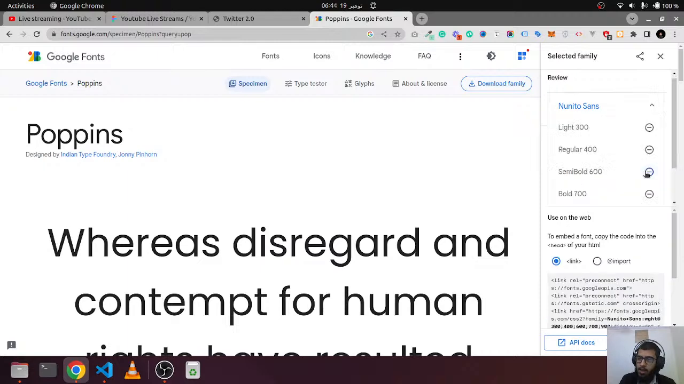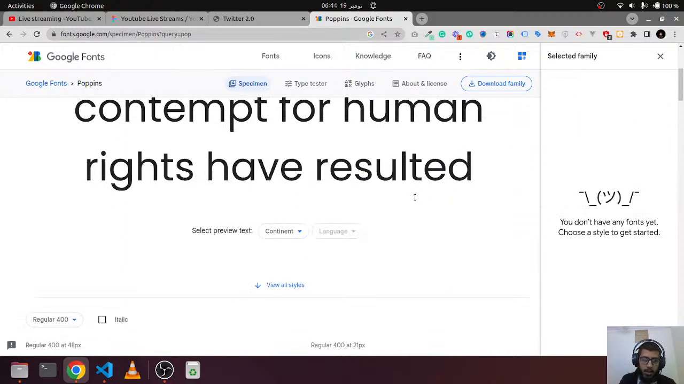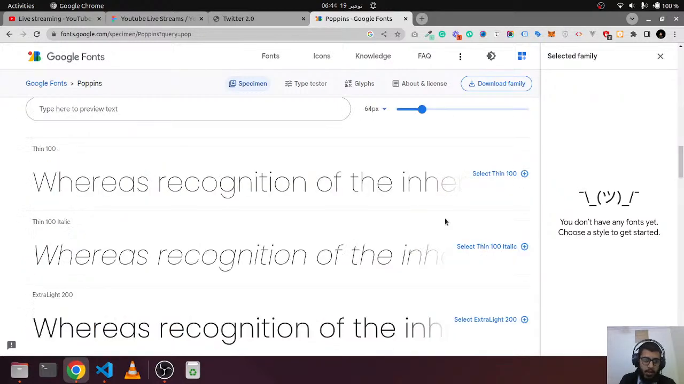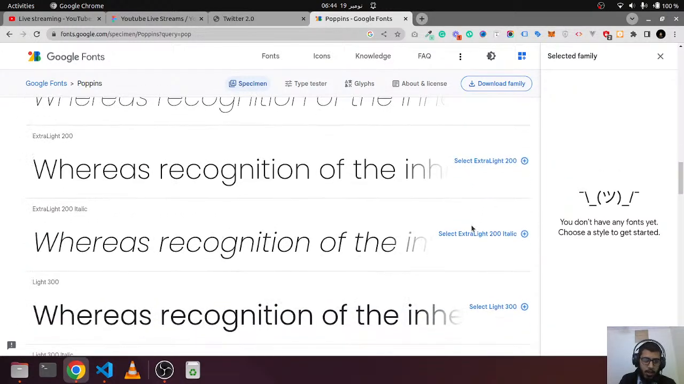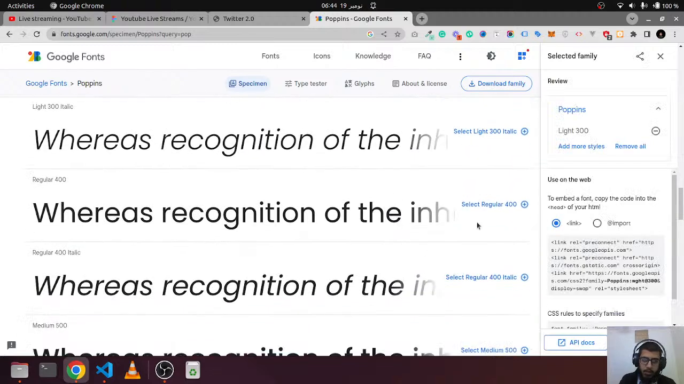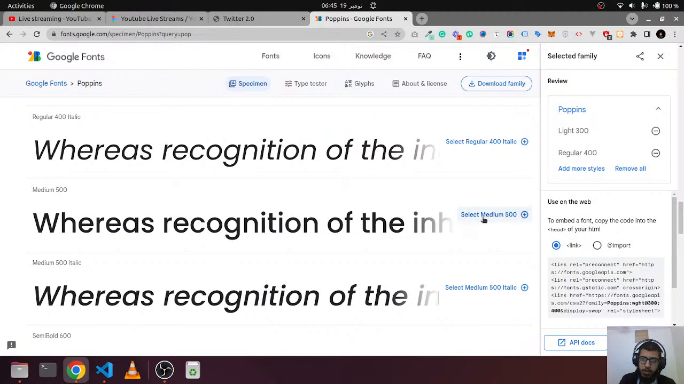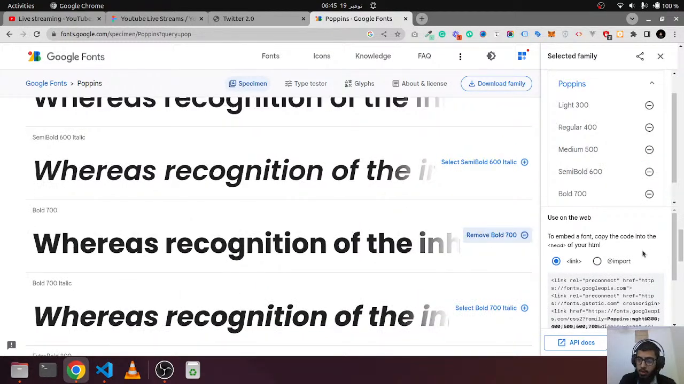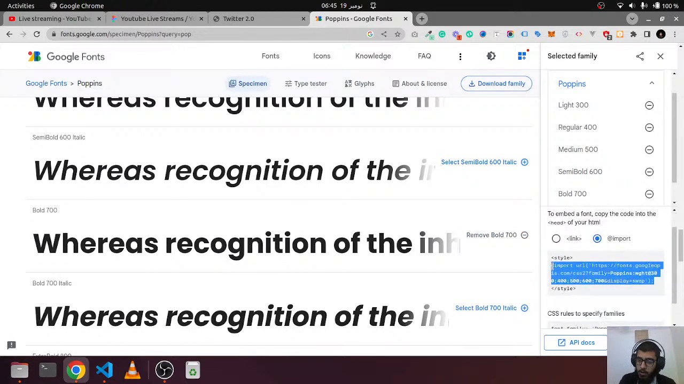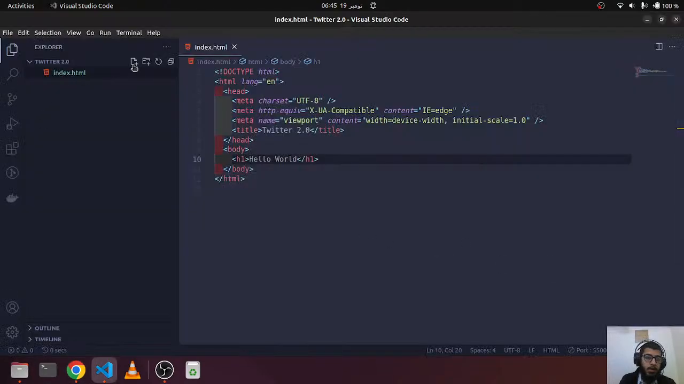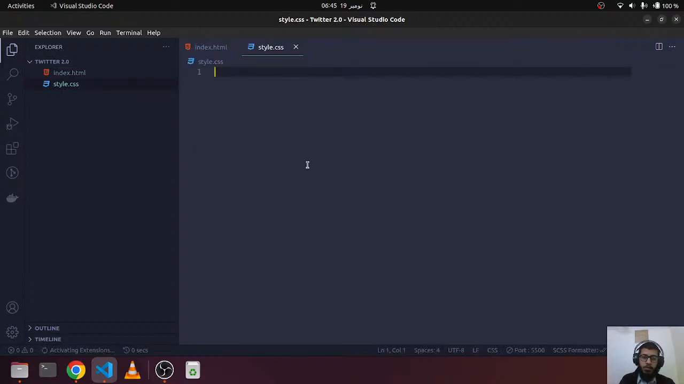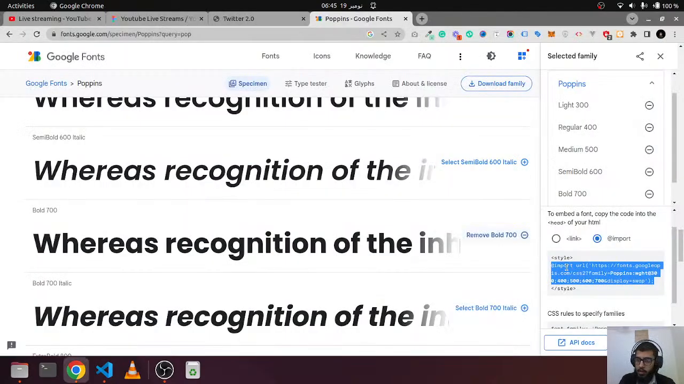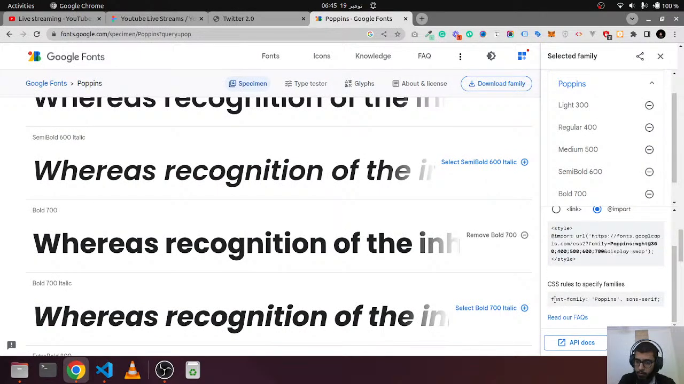Everyone uses that, Poppins, and we can select that font family. The extra light we don't need. We need light, regular, medium, semi bold, and bold. So let's see how we can use this. Import, we can use this thing. Let's create the style.css file, and we can paste here, and then we can say Google font family,